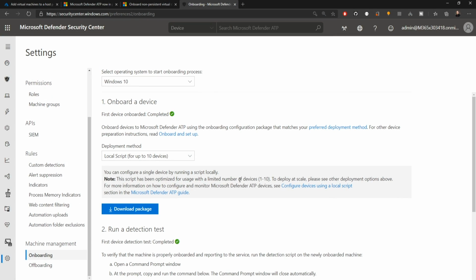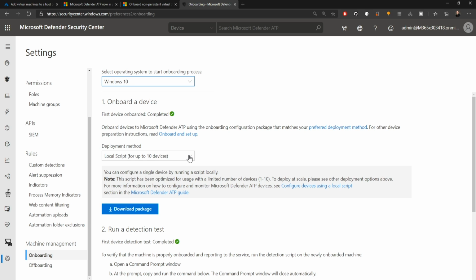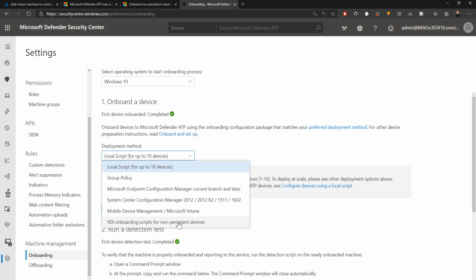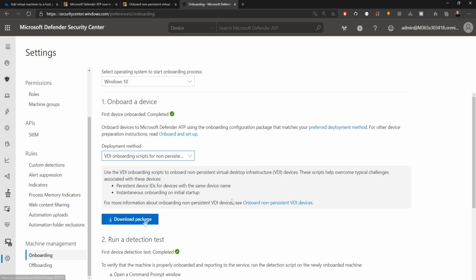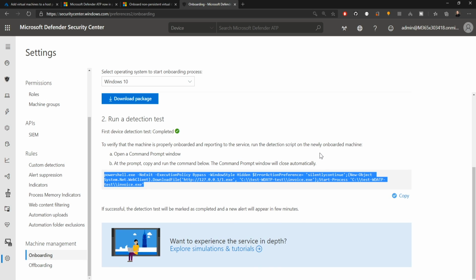And once that's done, you'll be brought to this screen where you can onboard your first system. And then from here, you can select in the dropdown which kind of operating system you want to protect. In this case, we're doing Windows 10. And then for the script here, you want to choose the VDI onboarding scripts for non-persistent devices. Then you go ahead and download that package. Then we'll scroll down a little bit here and we'll copy this PowerShell script because we're going to need that